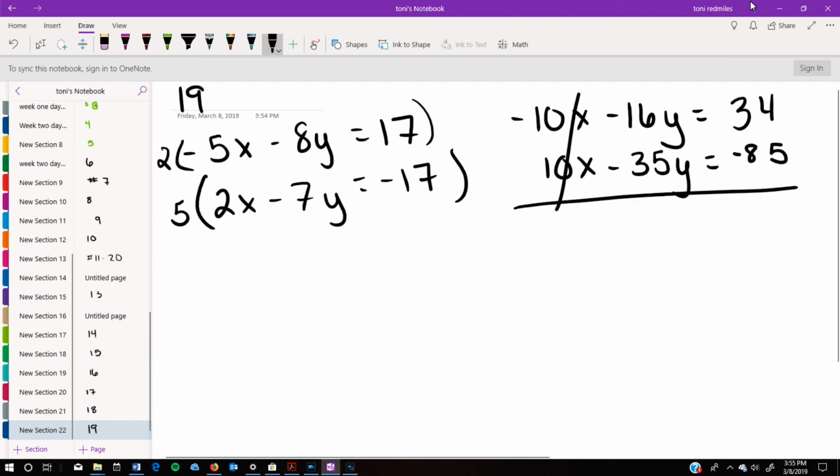So my first terms are going to cancel out, okay? That's going to give me -51y equals